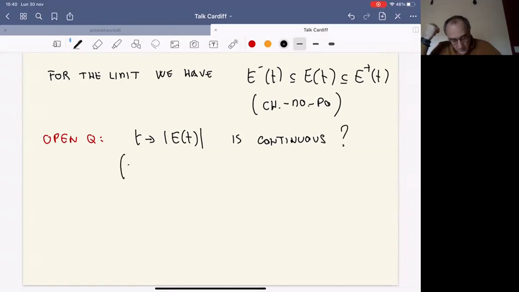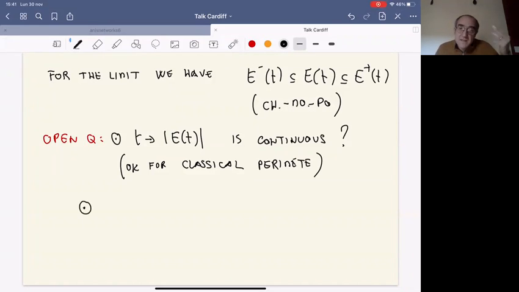This is true for classical perimeter. And this was proved, for example, in the two papers I mentioned, Almeida-Lewong and Lukaus-Tutenek. But in the general non-local case, it is more complicated, and there are some technical difficulties. And the second question, which I think is of some interest: does the limit satisfy the equation in some sense?